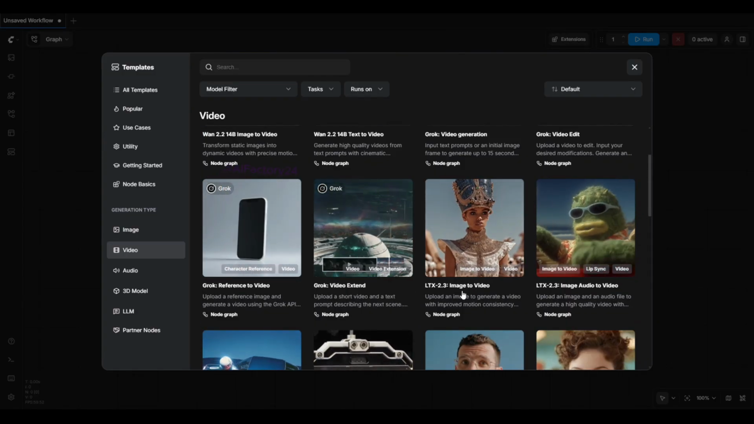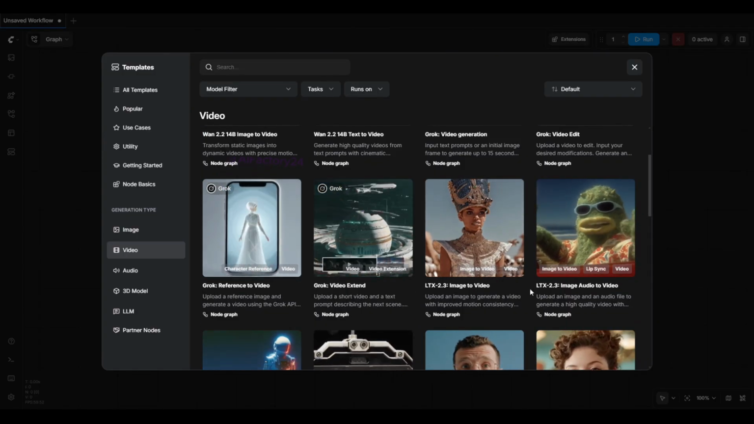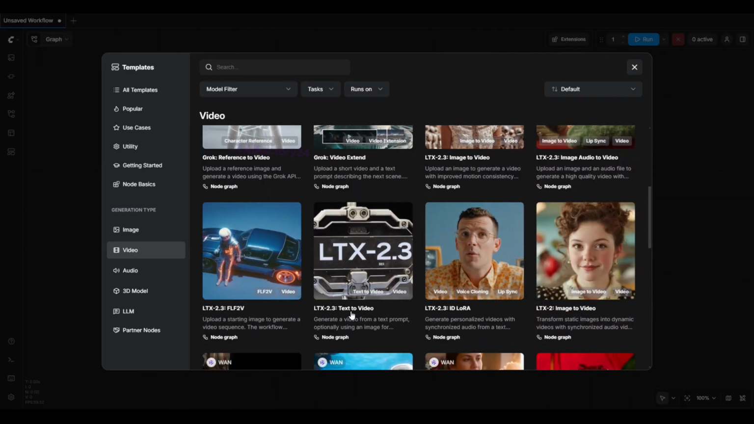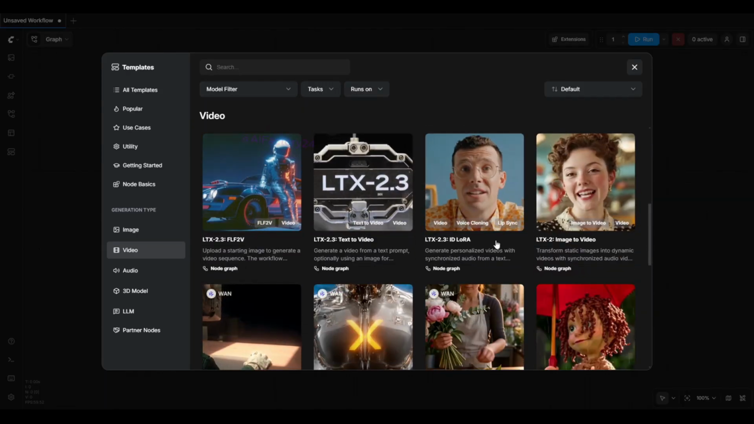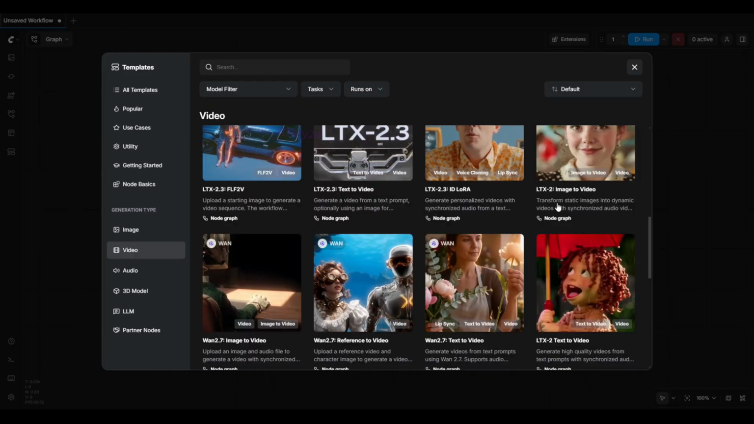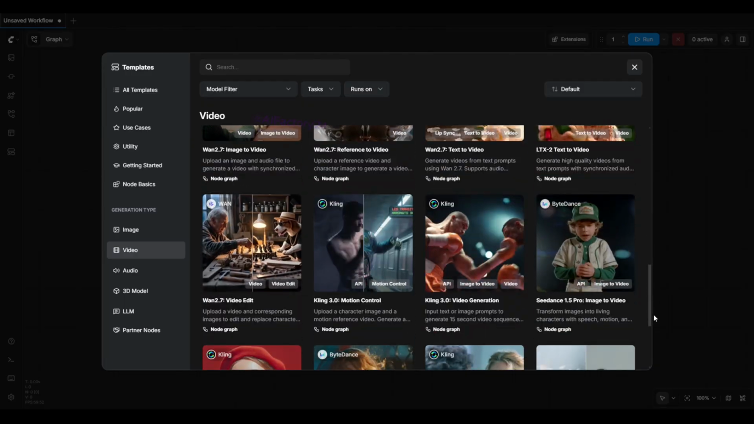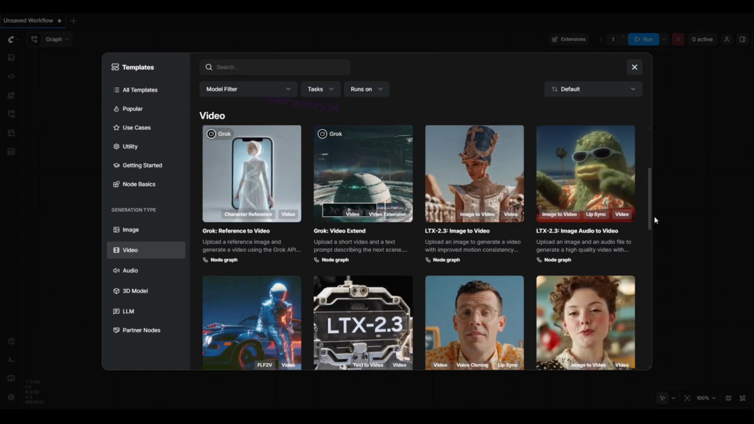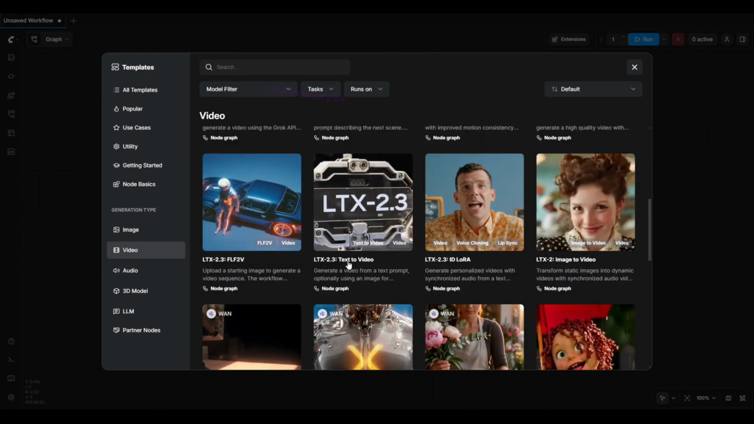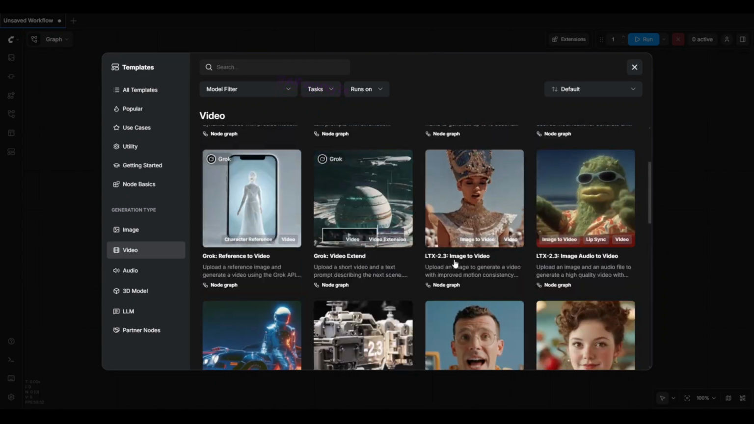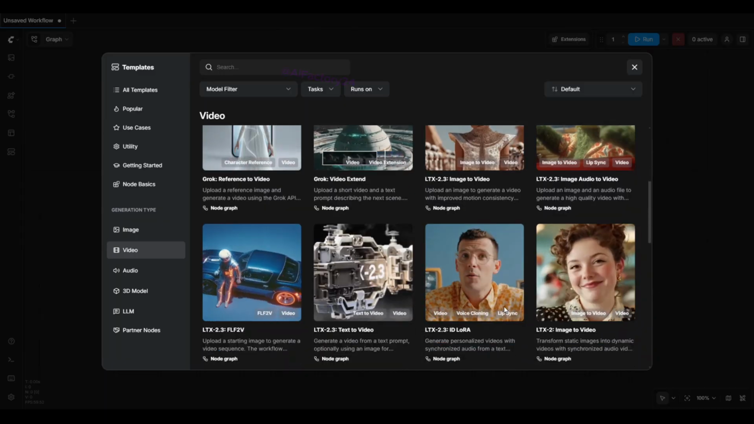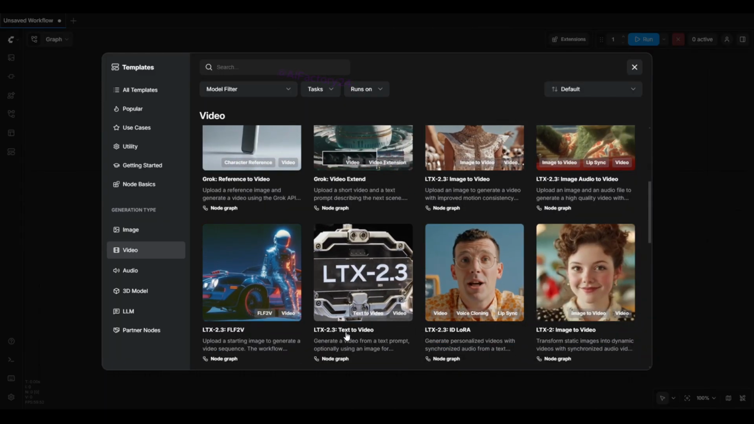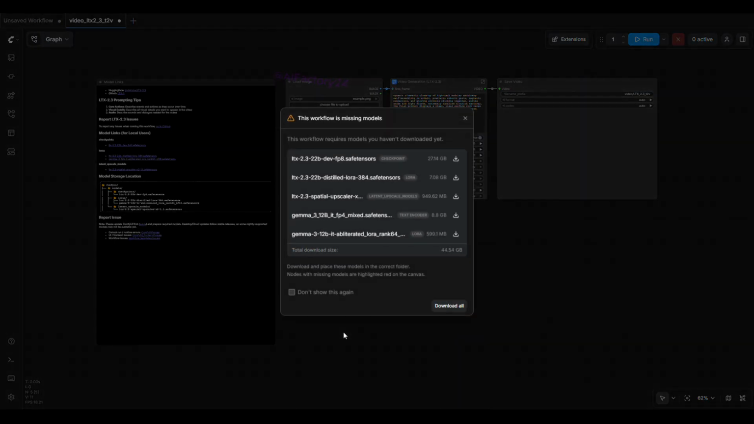WAN 2.2 Image to Video, WAN 2.2 Text to Video, Grok, LTX 2.3 Image to Video, LTX 2.3 Image plus Audio to Video, LTX 2.3 Text to Video, LTX 2 Image to Video, and more. Let's click LTX 2.3 Text to Video. Downloading the models. You'll see a message: this workflow is missing models. And total download size,